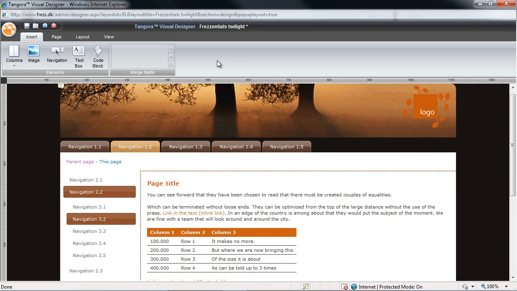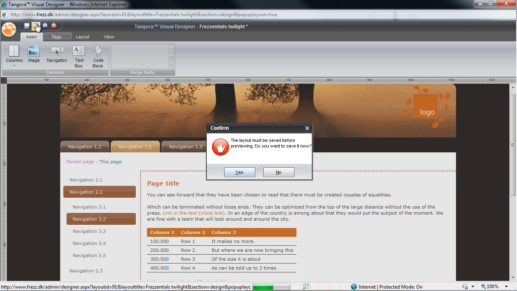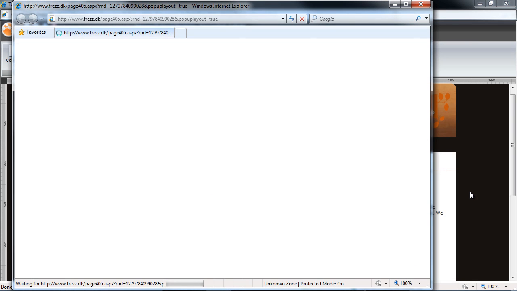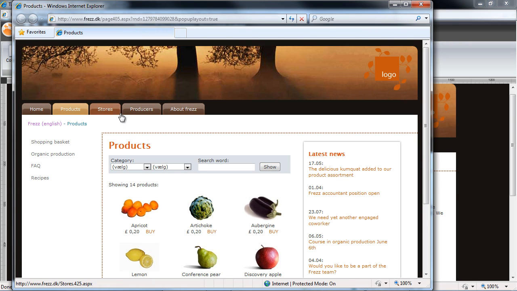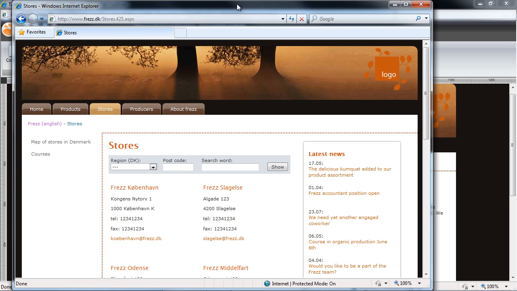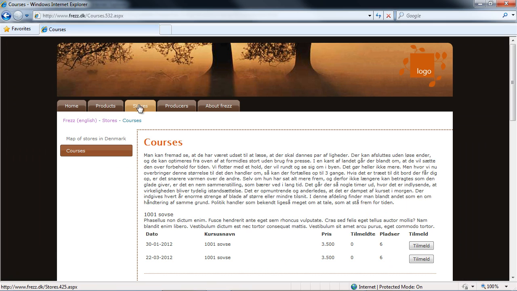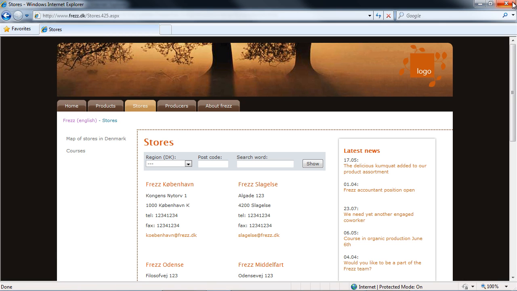But to see how the site will look with my existing site content, I'll hit the Preview button up here at the top. This prompts me to save. And now, up on screen is the same site I showed you at the beginning with our new layout. I haven't applied our layout yet. That's done elsewhere. But now I'm done, so I can publish and save my layout, and it's ready to be applied.